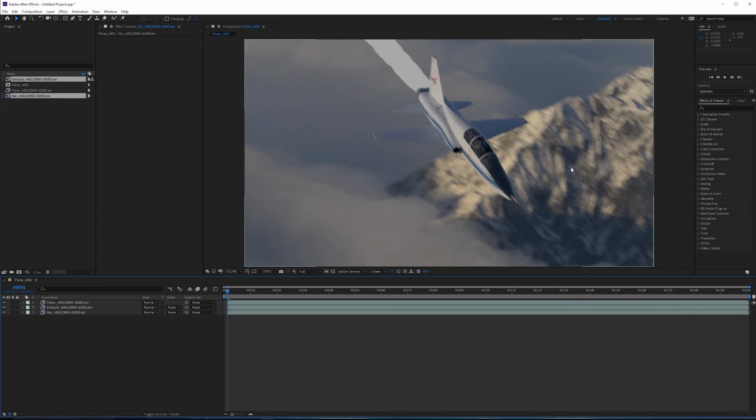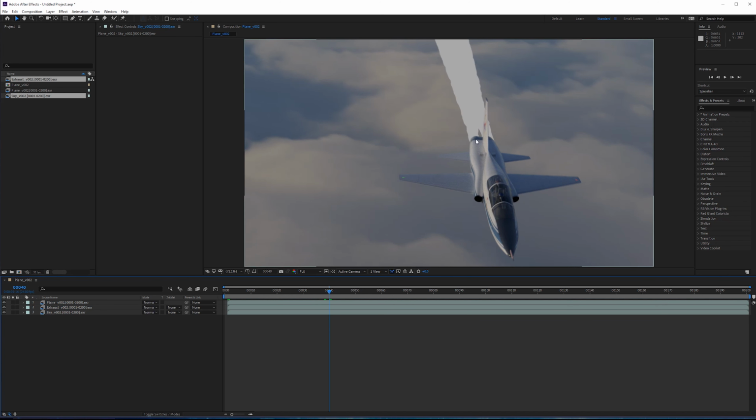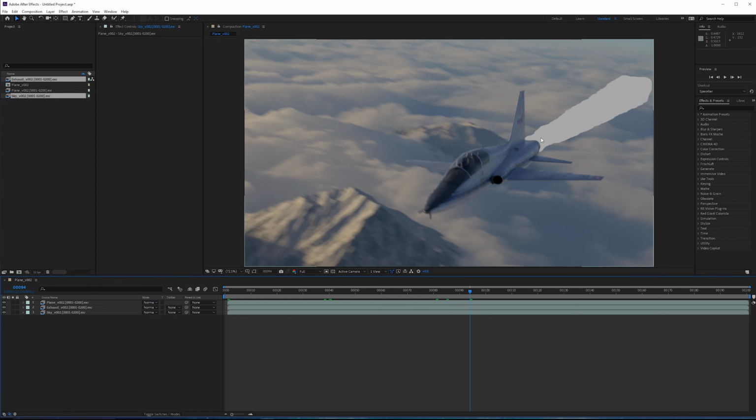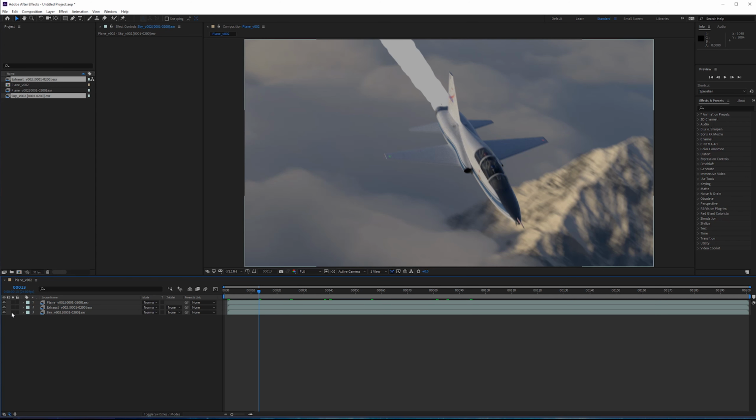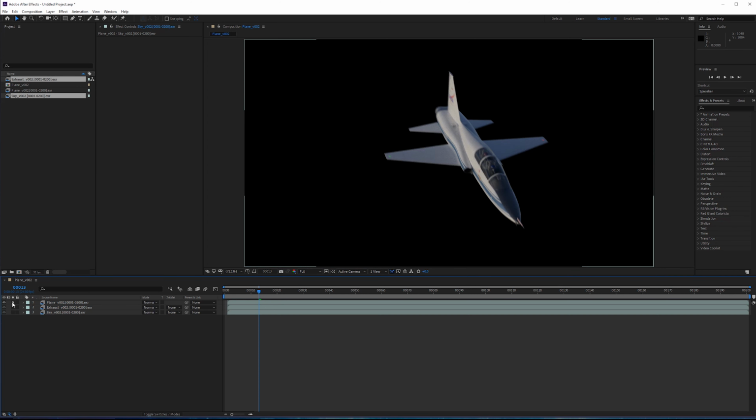So right now we're looking at the master layer. As if we were to render this from the frame buffer, this is what it would look like. We could include the exhaust in with the master layer by default, which we can't since this is using Hardware 2.0 and the sky and the plane are using V-Ray. The advantage is now we can solo just the sky, the exhaust, and the plane and make adjustments to them separately.